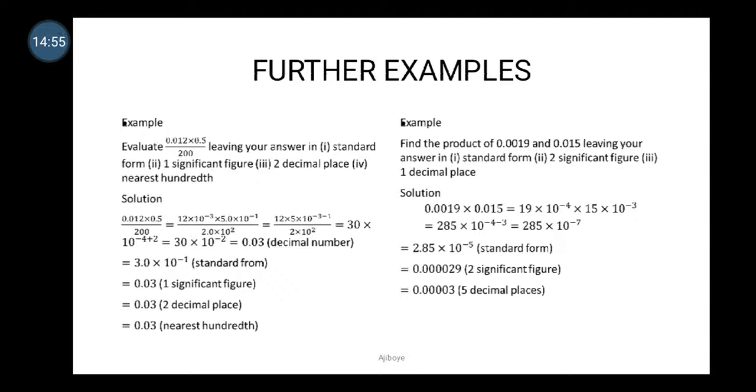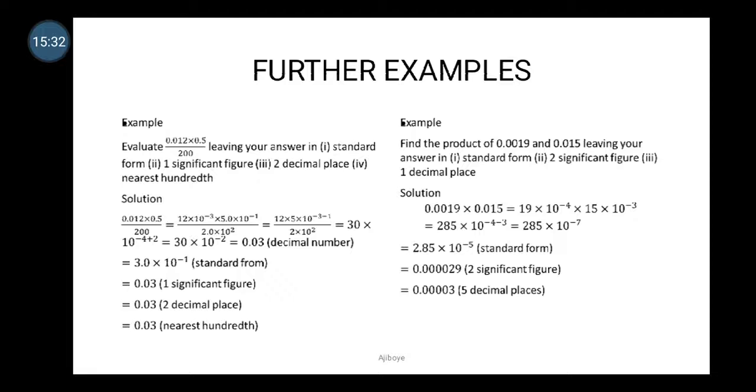What I have done there is to put all the numbers in a way that I can easily divide and simplify. Okay, and that will be equals to 12 times 5 times 10 raised to the power minus 3 minus 1, applying indices, over 2 times 10 raised to the power 2. So if I simplify, 2 can divide 12, and that will give me 6. 6 times 5 is 30. And so this will be 30 times 10 raised to the power minus 4 plus 2. On simplification, that will give me 30 times 10 raised to the power minus 2, which will be equals